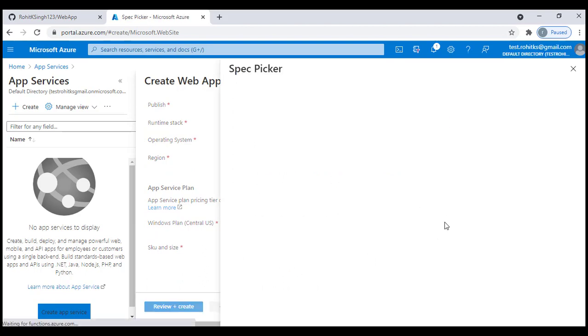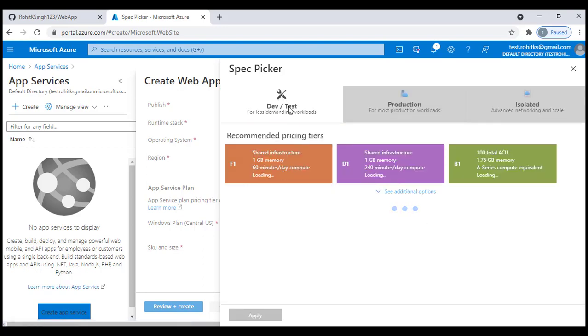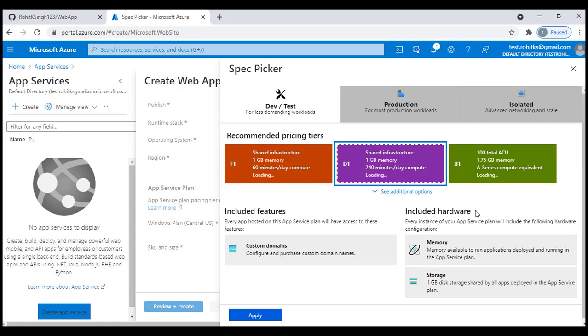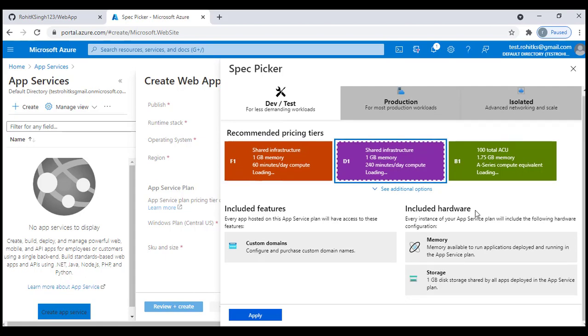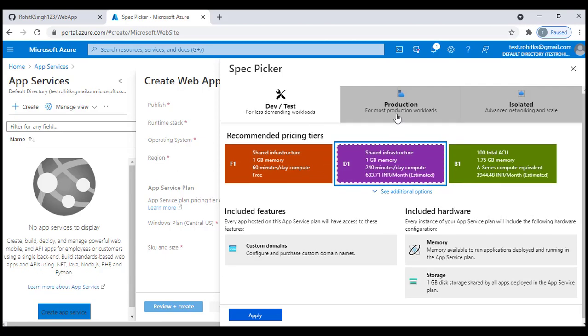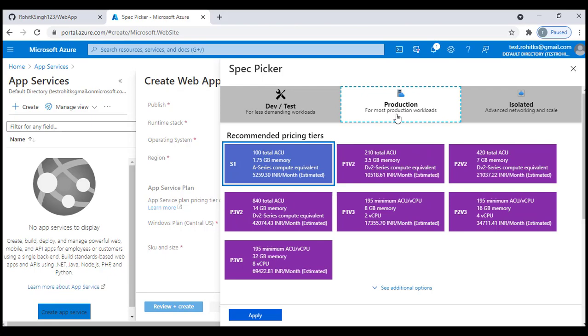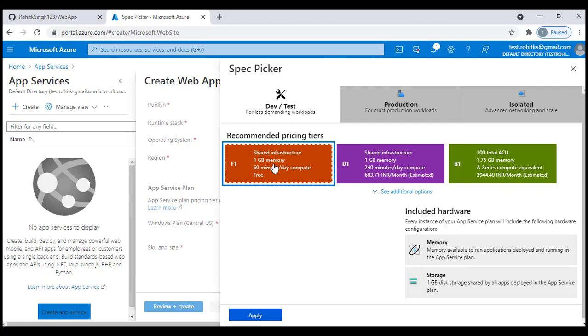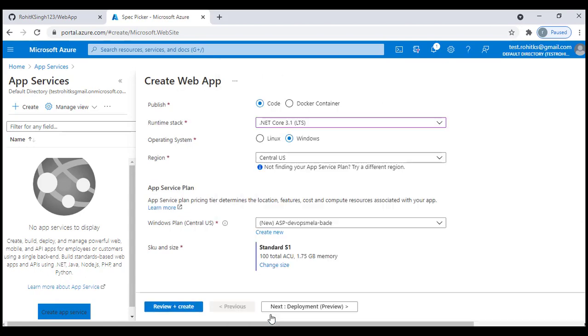Let me change this plan. Let me go to something for the developer. Okay. So if you want continuous deployment option, that will work only on production, standard or isolated one. Okay, if you select F1, you will not get an option to create a continuous deployment. Okay, to enable a continuous deployment option on your web app. So we'll stick with this. Okay, so if I go next,